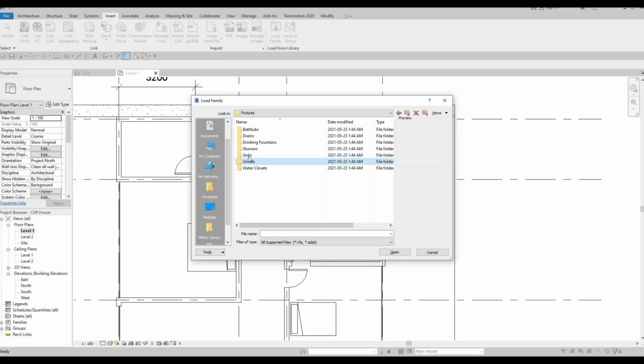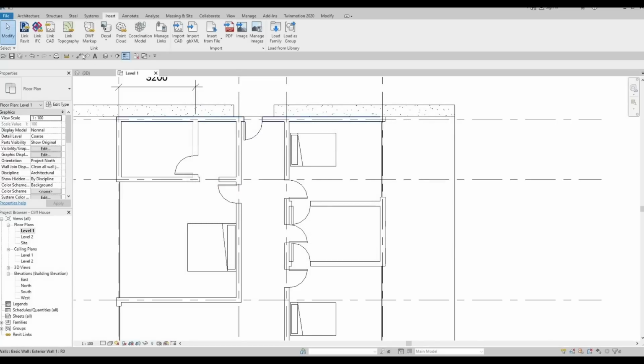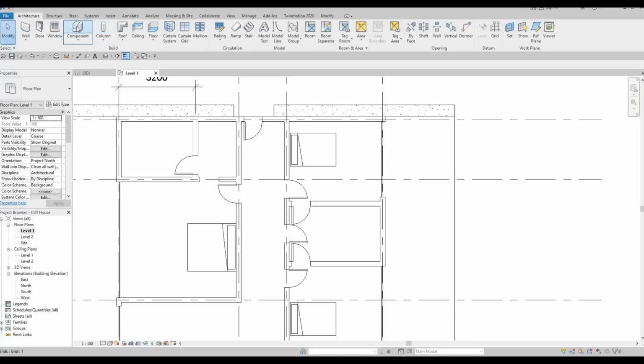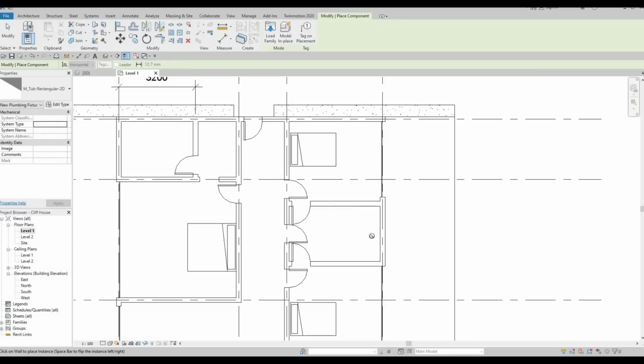We have urinals, sink, shower, and bathtubs. So let's add in some bathtub as well. So let's add this, press open, and then once you do, you just click component, and it will be